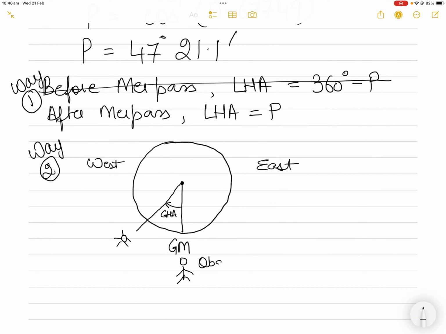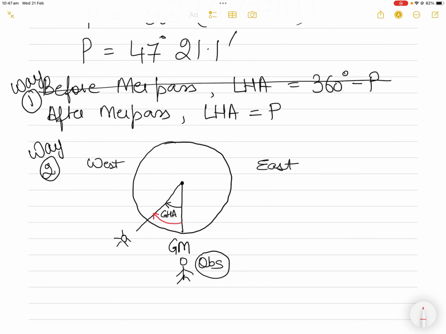Alright, we are also here. This is us, the observer. Now the question is, what is LHA? LHA is nothing but the angle measured from the observer's meridian to the celestial body, measured westward from the observer. So if I go westward from you as the observer, where do I reach? I reach here. That means that in this case,